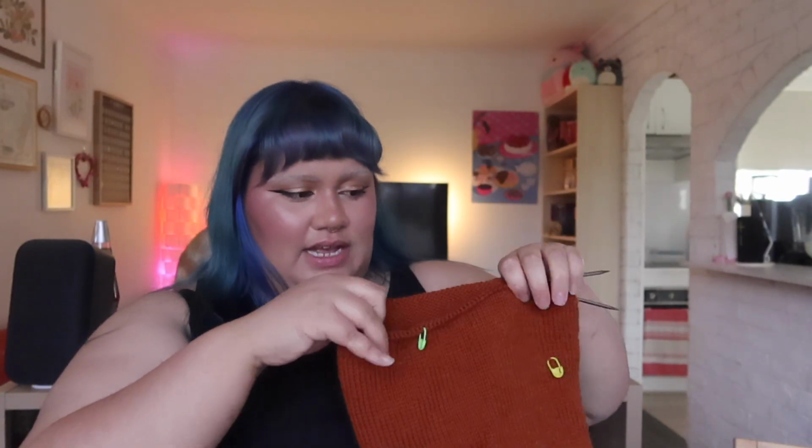I do have a couple more things on my needles that I did show off while I was completing my crochet temperature blanket. I will quickly start with this. This was a second Musselburgh hat that I was making. The only thing is that I was using this merino yarn, and the more that I look at it and the more that I feel it as I'm knitting it up, I feel like this merino yarn is kind of going to waste if I'm just making it into a hat. So I think if anything, I'm probably going to frog this and make a start on a second Tolsta Tee